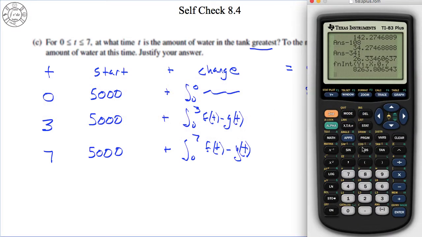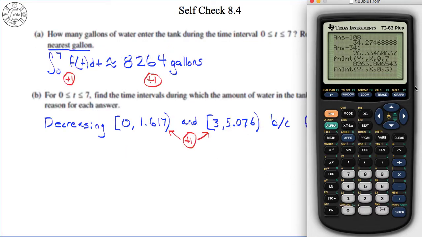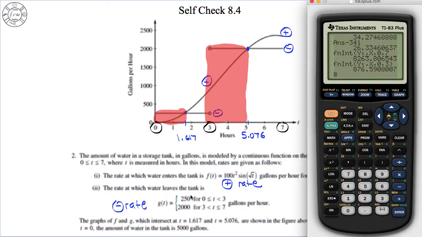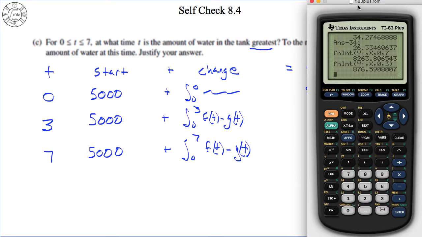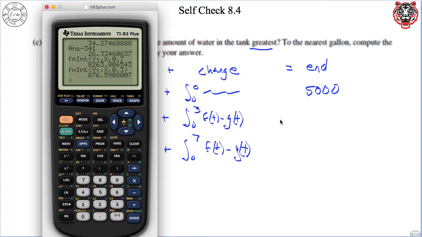So it's going to be math 9, and it's going to be vars, right? Enter, enter. It's going to be y1 with respect to x from 0 to 3. And wait, what about the g? So I'll get the g of t. G of t is a constant function, right? So we said g of t is 250 in that interval. So it's going to be 250 times how much time happened. So this is going to be equal to